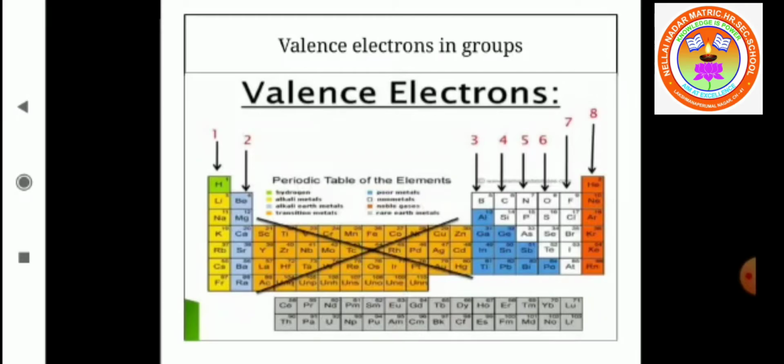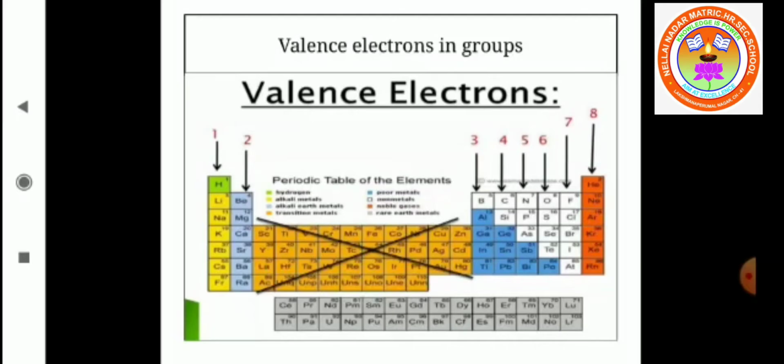These elements are grouped in such a way that they have similar chemical properties. Some physical properties like melting point, boiling point and density gradually vary, but their chemical properties are similar, and that's why these elements are placed in one group. So the elements which belong to a single group have the same chemical properties and similar physical properties, with small gradual differences.